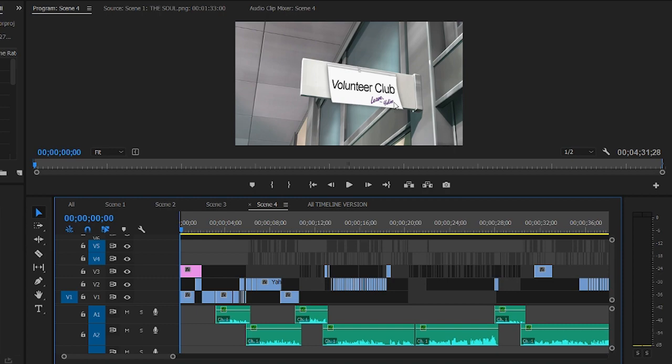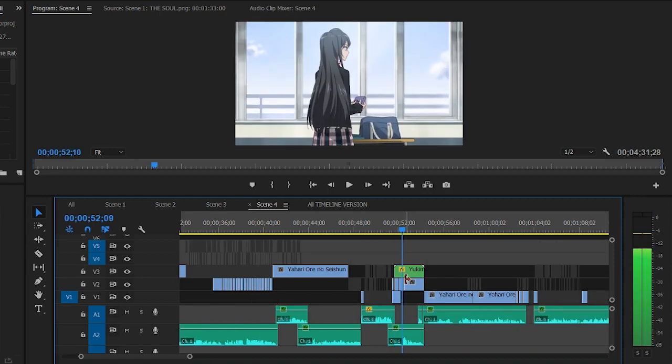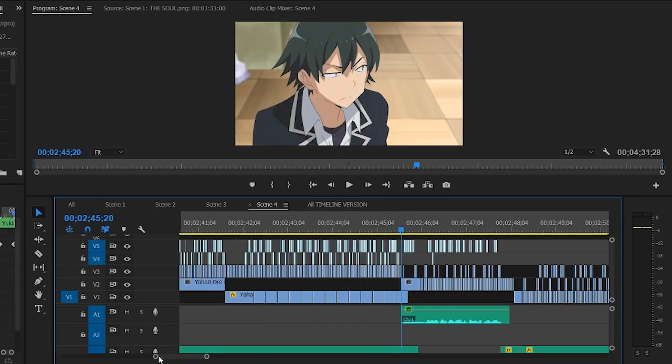With the get out sign taped over, that didn't make much sense to me because a regular volunteer club sign is perfectly fine, but the leave at the bottom added that touch of unwelcoming that it needed. The next shot that needed some attention were some moving flips on Yukino, and thank you so much, SNAFU, for having easy animation to work with for that. Next, we have Hachimon speaking here.